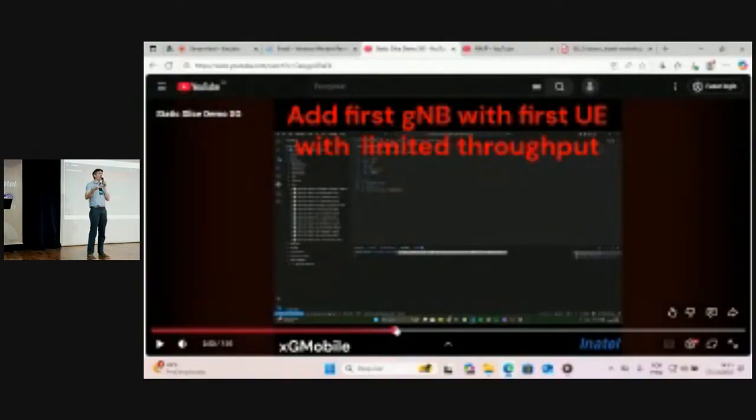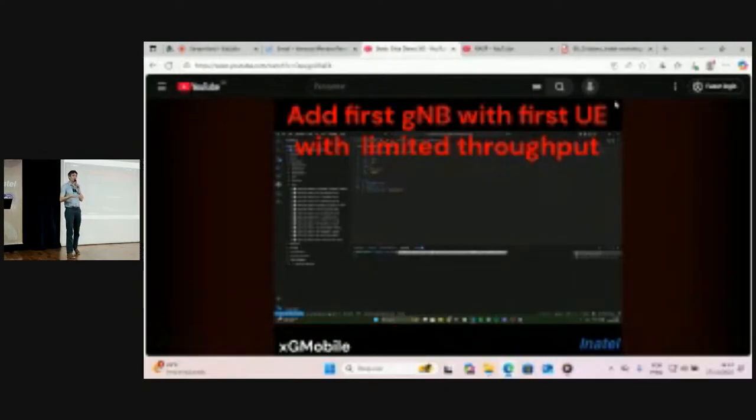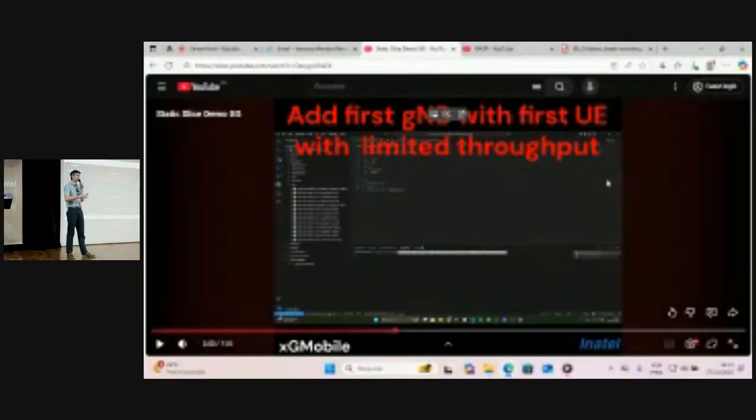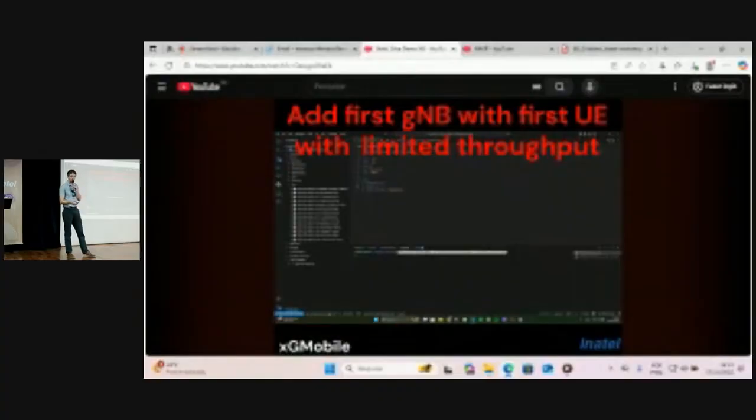For example, I prefer to create one slice and define one path for this slice in the transport networks. I create the second slice and I define different resource allocations from the other slices. It is more complex. In these demonstrations, it is very easy because the virtualized infrastructure is shared, completely shared. But in a real experimental environment, the complexity is higher. Okay.